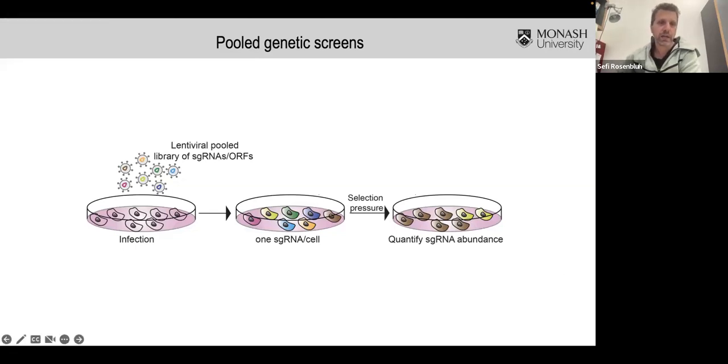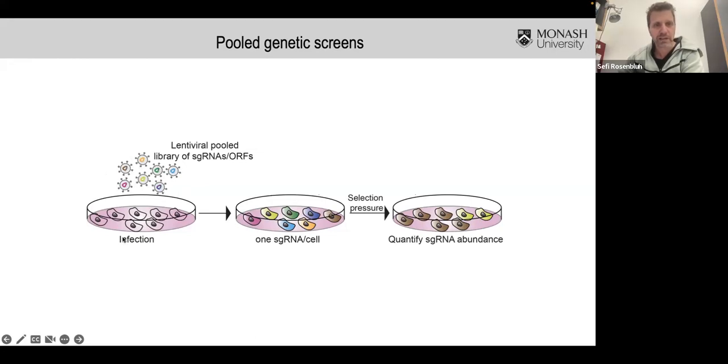The basic idea here is that we create a library of lentiviruses. They could be sgRNAs if we're using CRISPR. They could be ORFs. They could be shRNAs. They could be a wide variety of things. We call these the perturbogens. These are viruses, and we can create them at very high throughput, relatively inexpensively. They could either overexpress or suppress a gene, introduce a variant, do all these things, and we create them as a pool. So we have one pool, one bag that has all of these different viruses, each one encoding a different reagent, perturbing a different gene or variant.